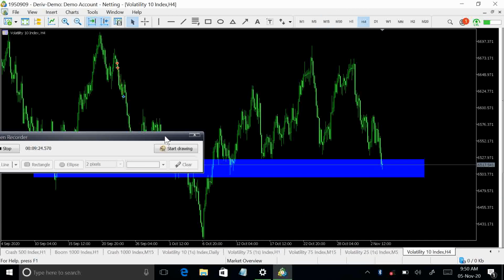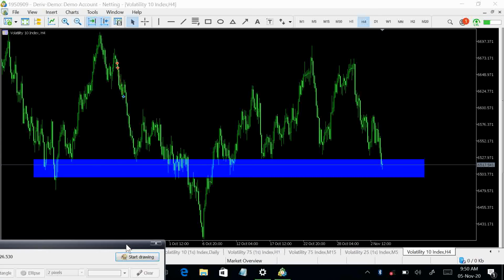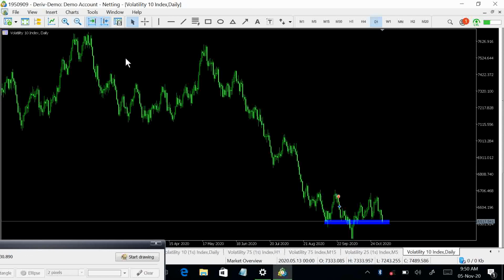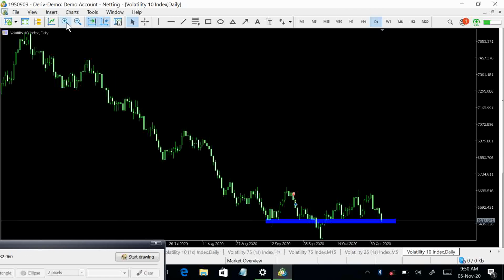Let's check volatility 10. Okay, I've drawn this before, and if you check now, let's check the daily. Let's start from the daily time frame. You can see that it's obvious. It's actually an obvious place. Check, it was tested here,